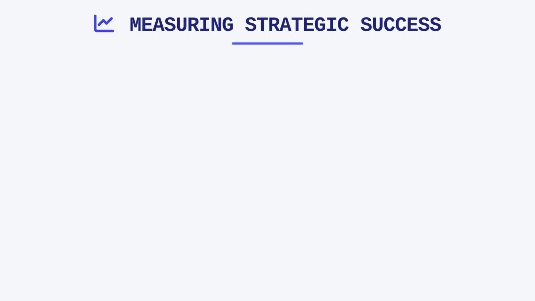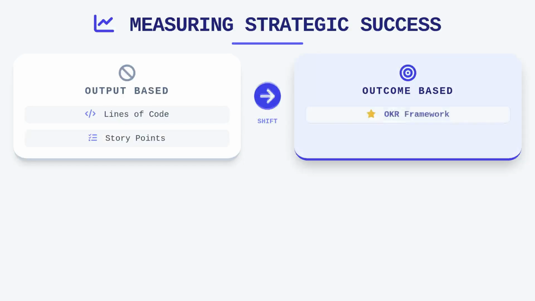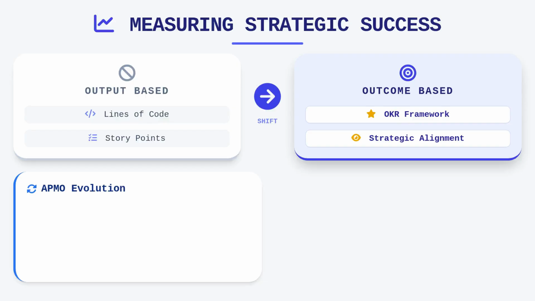To measure our success, we move away from output-based measures like lines of code or story points, and instead, we adopt objectives and key results, or OKRs. These offer a transparent way to measure strategic alignment and progress, forcing the organization to focus on outcomes rather than just activities. The Agile Program Management Office, or APMO,